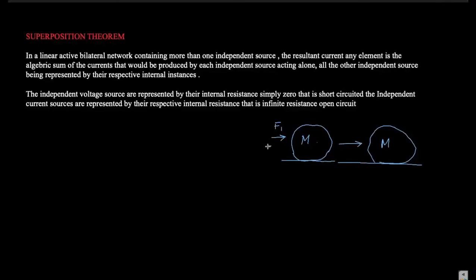Now a second man comes and applies more than F1, that is F2, where F2 is greater than F1, and the mass is still not displaced. Then a third person comes and applies more force, F3, and it displaces from here to here. So the total force is F equals F1 plus F2 plus F3, meaning the first person's force plus the second person's force plus the third person's force makes the body displace. This is from the mechanical point of view.